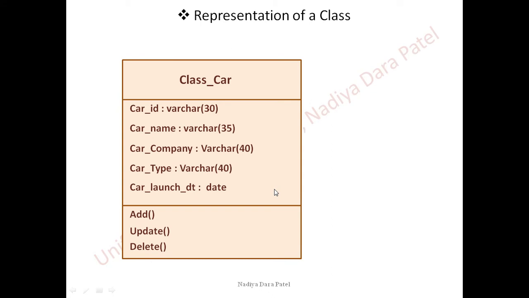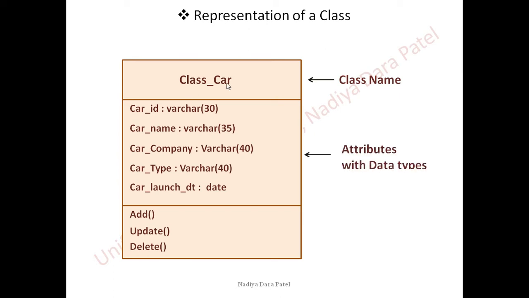So this is one part which is going to help you while drawing a class diagram. Now this is how you represent a class in a class diagram. You have to just draw a simple rectangle, draw 3 compartments or divide this rectangle into 3 parts. The first part is the class name. Get a relevant name which should actually explain what this class is all about. So this is the class for car, so I have already given the class name Car.